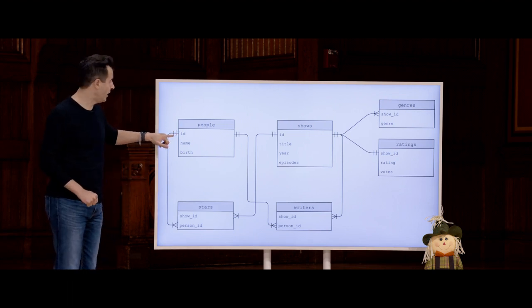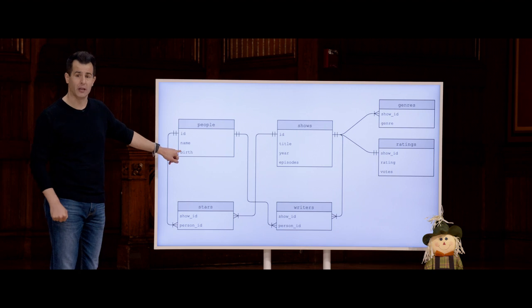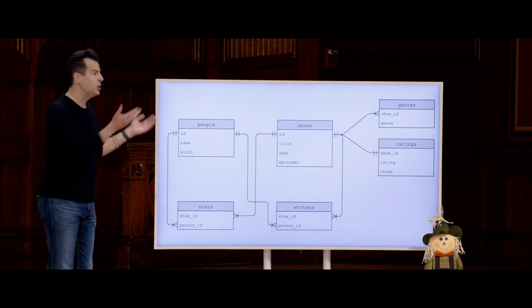People have just 3 columns, ID, name, and birth. But there's no mention of the TV show in which people have starred or the TV shows that a person has written. Well, why is that? Well, if you just had a 4th column here called show, well, you would have to decide what show